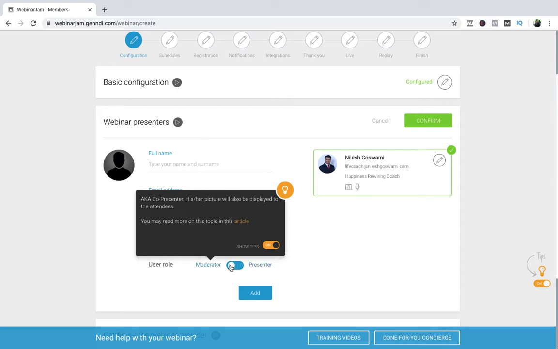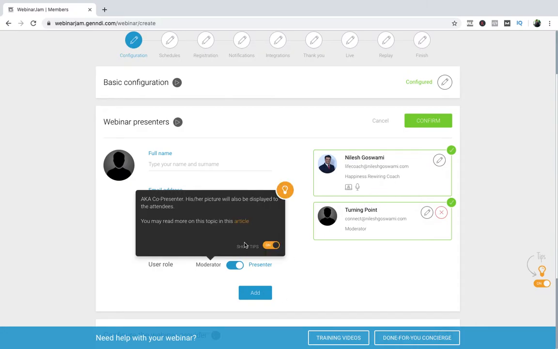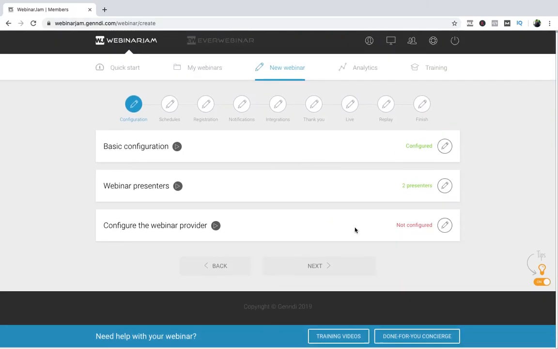Let us say one is the moderator. Brief bio, you can say moderator itself. And then add. So now you have one moderator and one presenter. You can add multiple presenters as well. Just click confirm. This is also done.